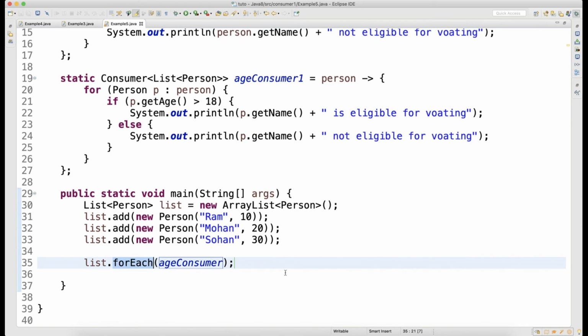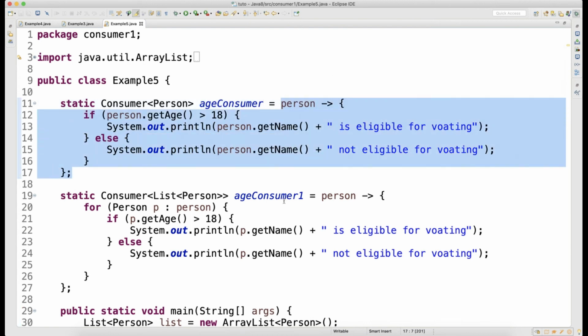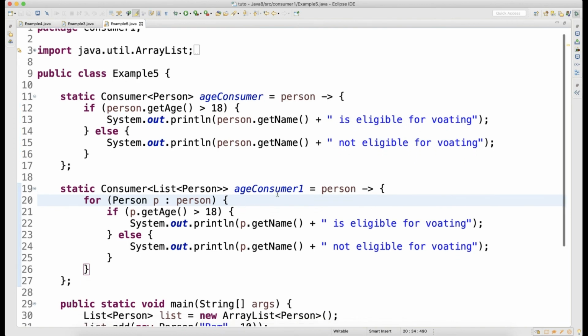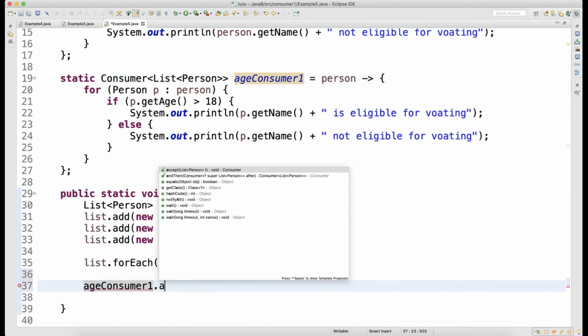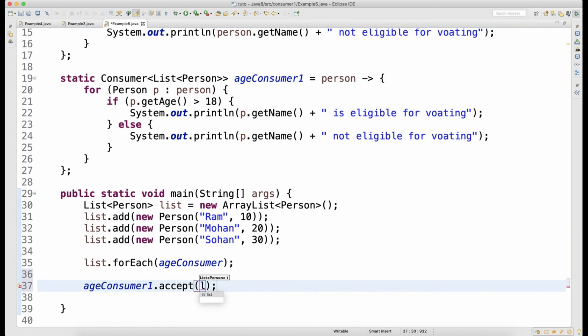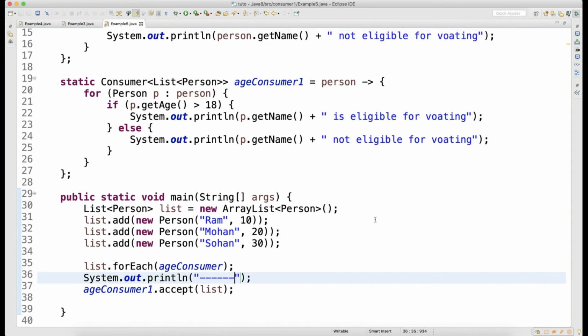With the help of forEach I can run a loop, and for every record this consumer will get called, and internally it will call the accept method implementation. Now the second one: since this guy always accepts the list of persons, I can just go and write dot accept and the list. Okay, your output will be common in both. So let's run that. Before running that, let me put a demarcation line.